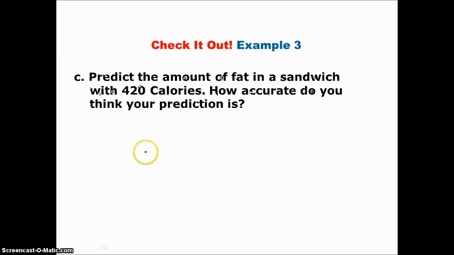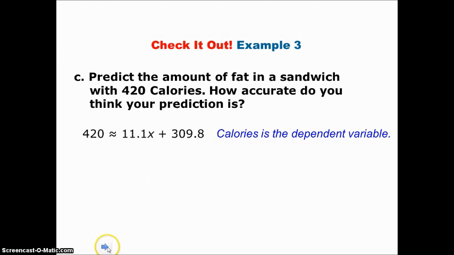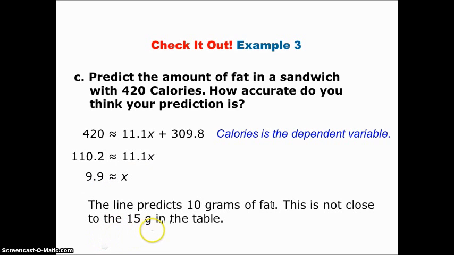So if we're going to predict the amount of fat in a sandwich with 420 calories, then decide how accurate we think our prediction is, the amount of fat would be 9.9 grams. Once again, 420 calories is our y, and we're trying to get x by itself this time. And so we only got 9.9. The line predicts about 10 grams of fat, and this is not even close to the 15 grams that